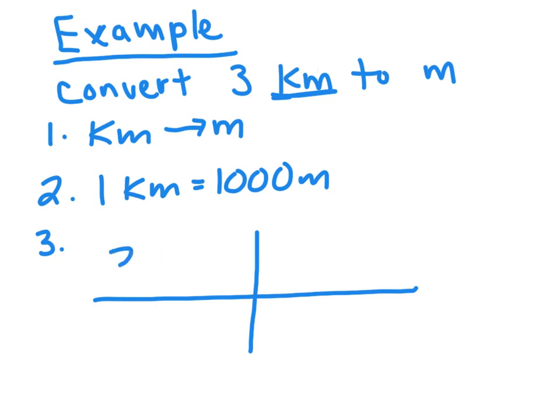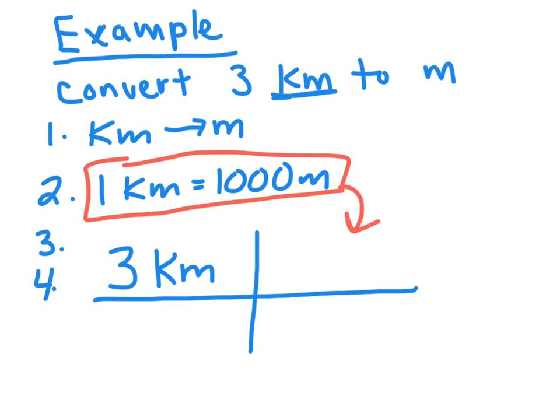So I'm going to put 3 kilometers. Okay, now what I do is I take my conversion factor, so that's step 3, and this is also step 4. I'm not to step 4 yet. I forget which step I'm on. I'm going to put this into here,